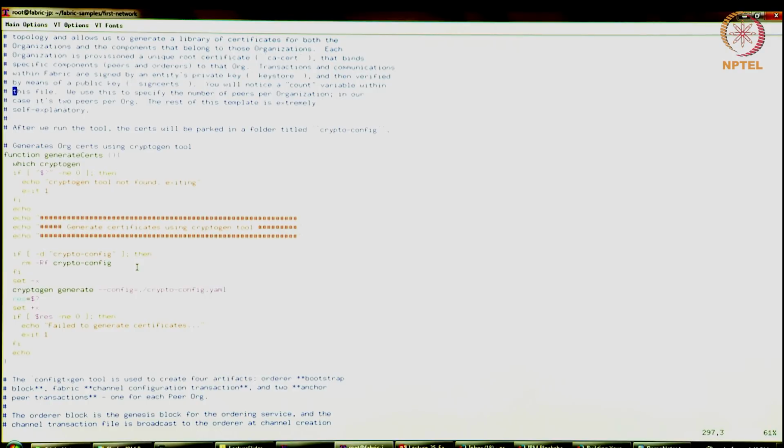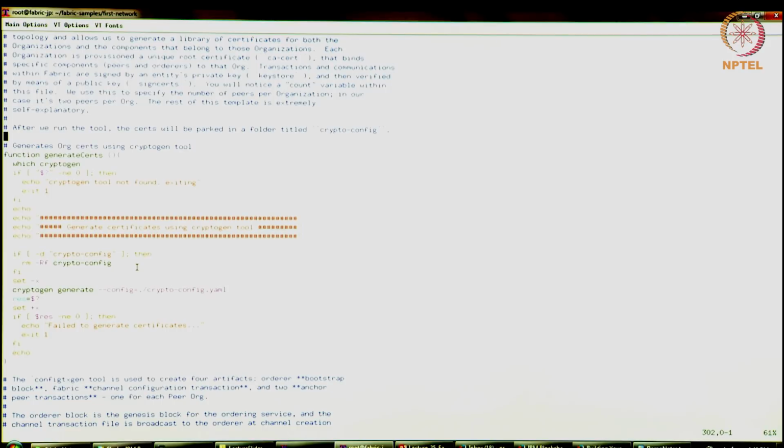What it's going to do is generate a certificate for a particular component or a user, right? So whether it's peer certificates, client certificates, or user or orderer certificates, generate certs is going to do that. And there is a cryptogen tool that I've talked about in one of the lectures. So this is a tool that's provided with Fabric. It's a convenience tool for you to generate some of these X509 certificates for you, right?